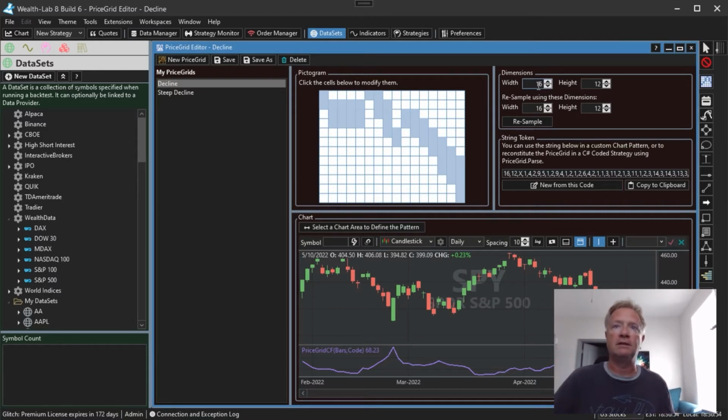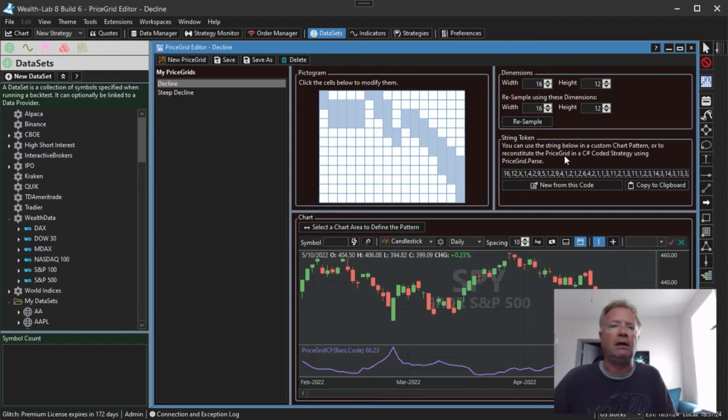It happens to be 16, and it looks at the data in that range in the chart, and whenever there is a bar data open, high, low, or close within that area of the grid, it fills in that cell. So it creates this, in this case, a 16 by 12 grid